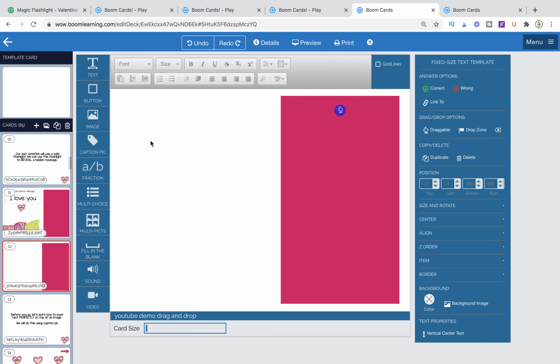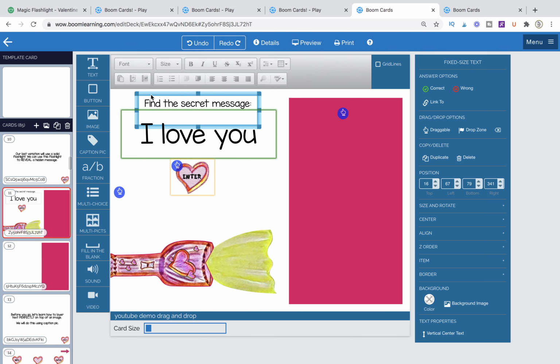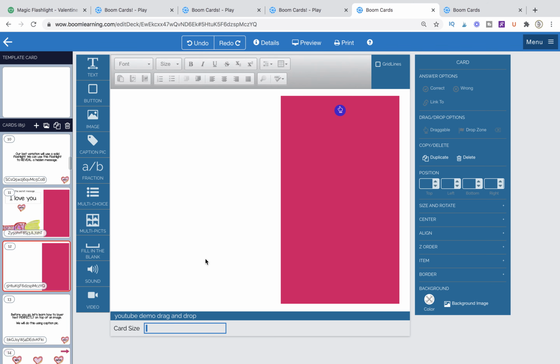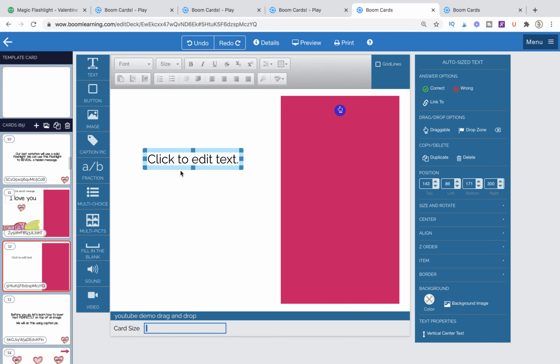I guess I can't do that. So let's see. I don't know why that didn't work. Let's see. No, I guess I can't do that. Usually that works. I don't know why that's not working right now. Oops, we're going to put in, type the secret